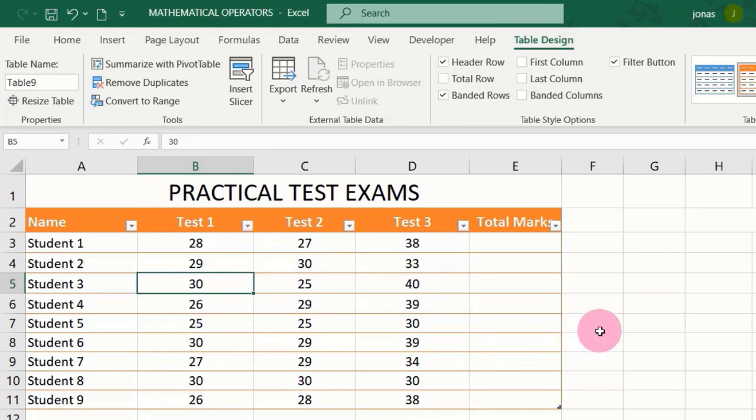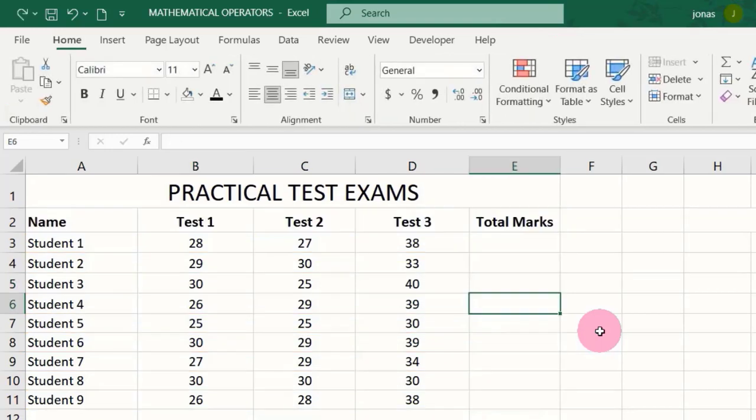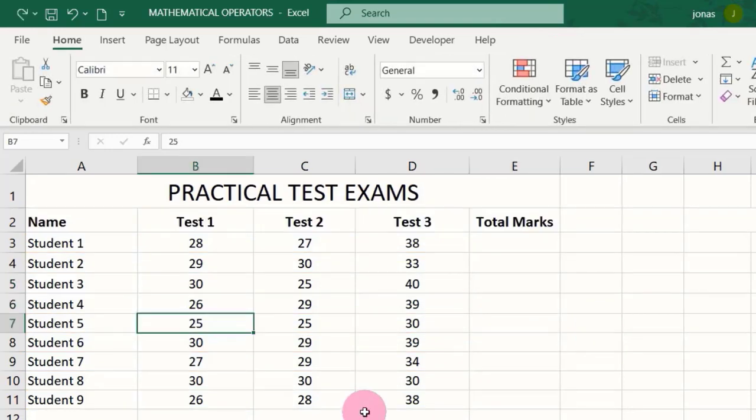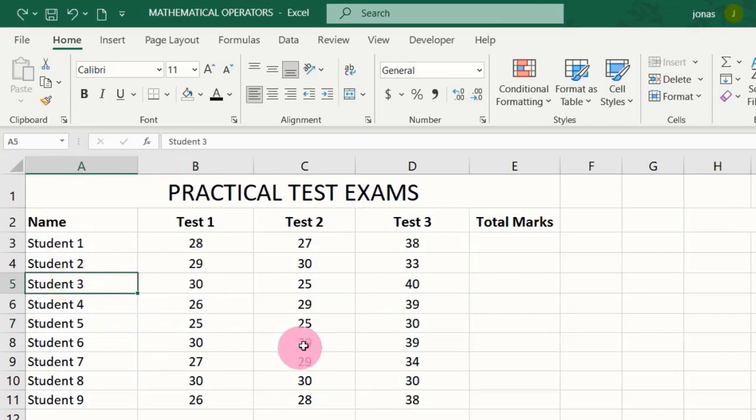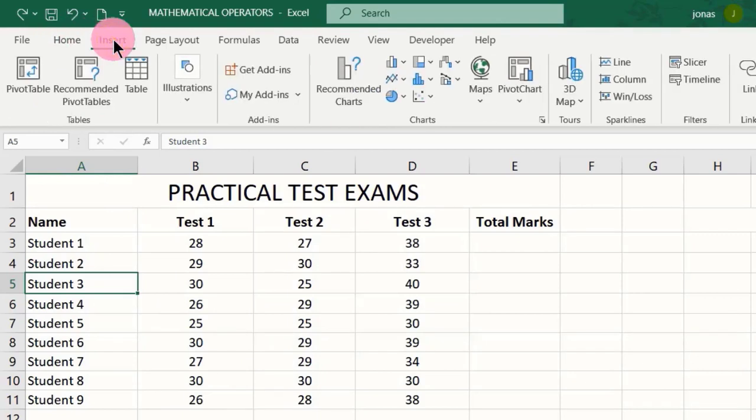Now let's undo and look at the second way to convert your data range into an official Excel table. The second way is to select any data within your range. Then when you move to the menu bar, we have this Insert tab. Let's click on it, and the first group is the Tables group, and we have this option as Table. And when you left click,